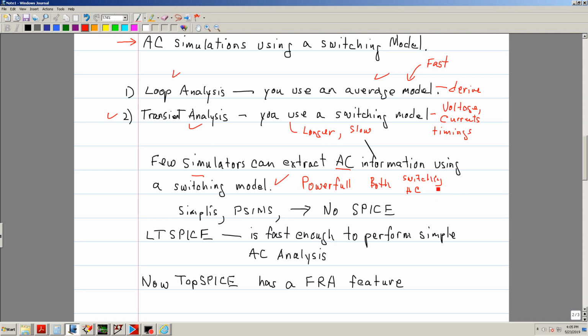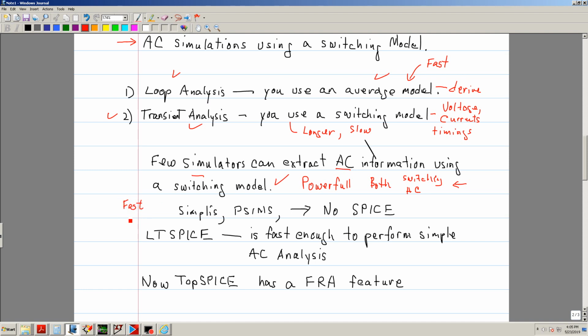I mean, that is great. So this is what you really want if you can have a simulator. And as far as I know, there's 2 simulators that do it very well. It's the Simplis and PSIM. Now these are very fast,